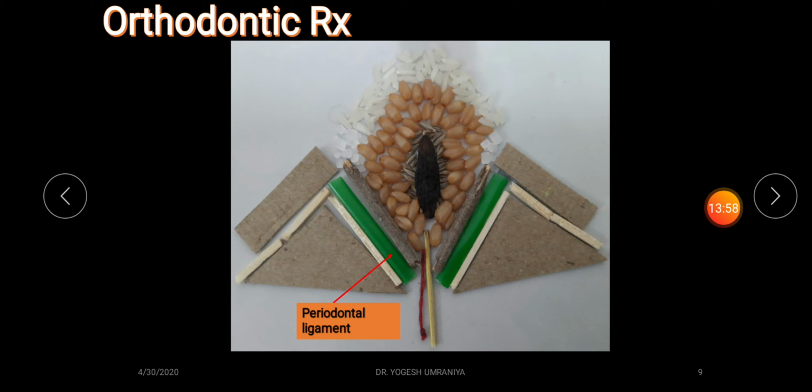Along with this periodontal ligament, this structure, the cementum, is avascular. So the position of this cementum can also be corrected due to its avascular nature. So both these factors, the periodontal ligament as well as the cementum, help us to correct the position of the tooth, and that treatment of correcting the position of the tooth is referred to as orthodontic treatment.